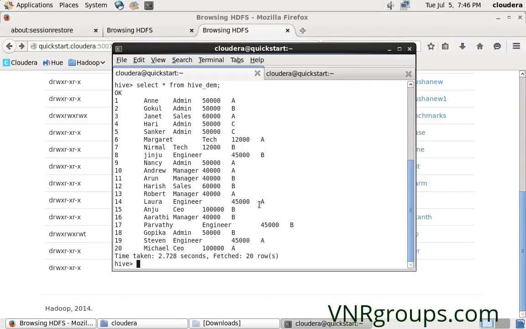Each state will be created as a separate directory, and only the population information related to that particular state will be represented as a separate file in the directory. So I have a Karnataka folder separately, a Tamil Nadu directory separately, and the whole data will be represented as separate files. So partitioning allows us to categorize the data based on a particular value of a column.